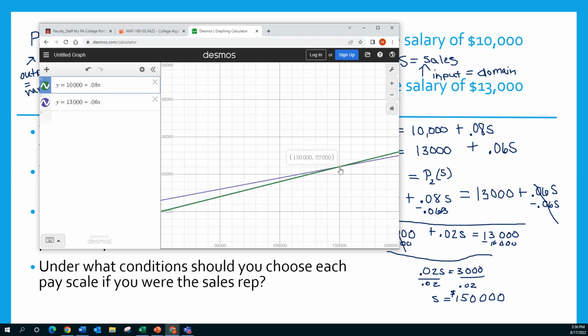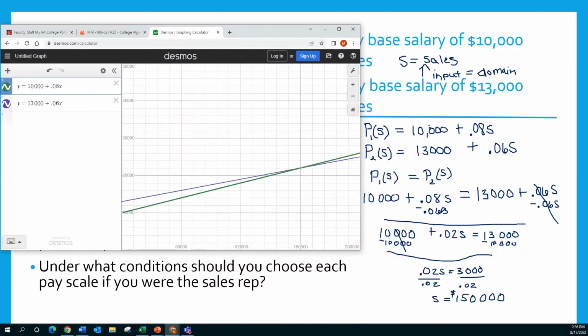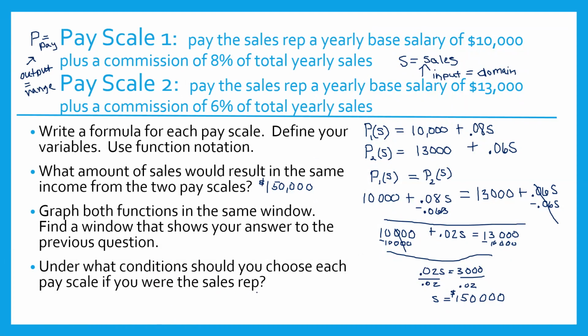I can tell from the way that we made our equations which one is more based on sales and which one is more based on the base pay. If we look at our two equations, in pay scale 1, the base pay is low, but the percentage of commission is much higher. So I want to pick pay scale 1 if I'm going to sell more than $150,000 worth. With pay scale 2, you get more money for the base and less for commission. So you want to pick pay scale 2 if the historical sales are less than 150,000. We're going to write that in here so you have a concrete answer. What conditions? If you sell less than 150,000,